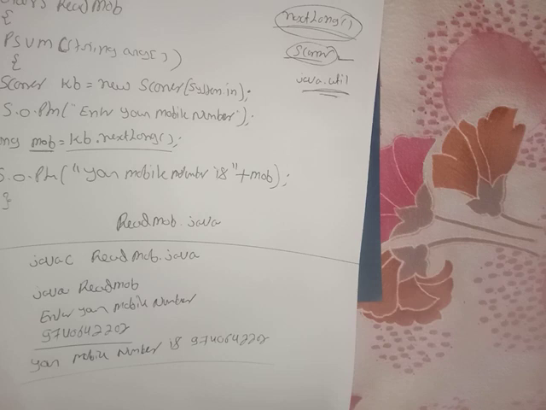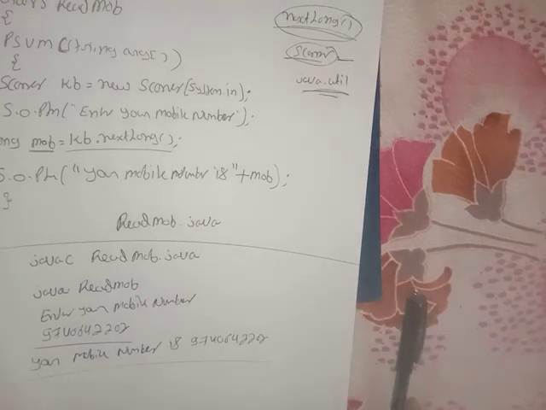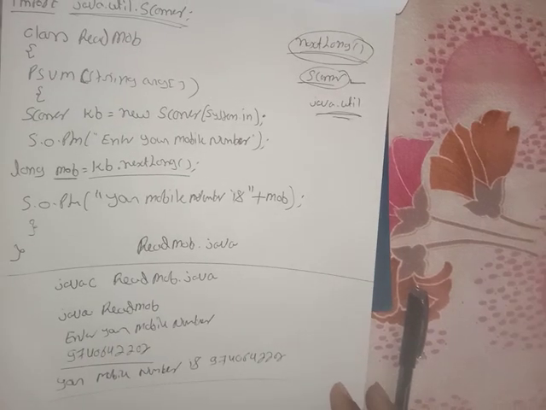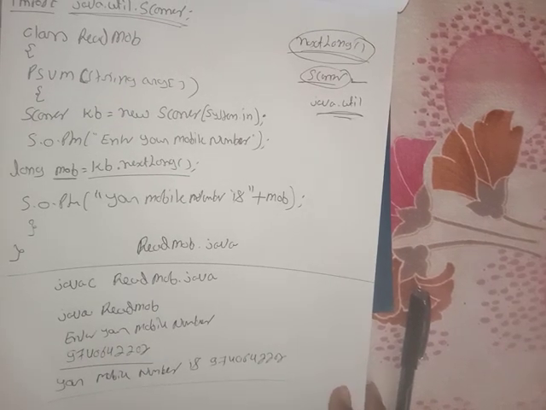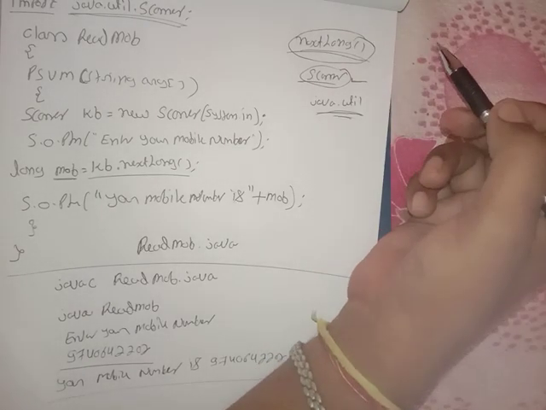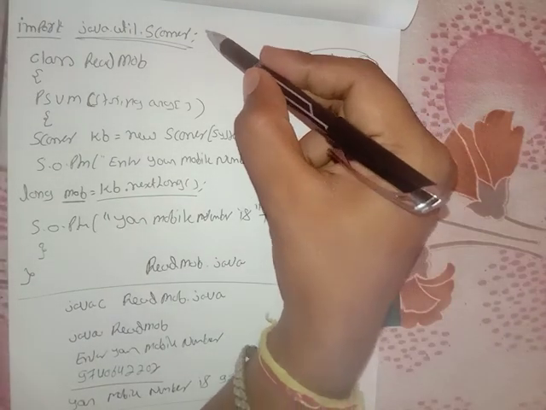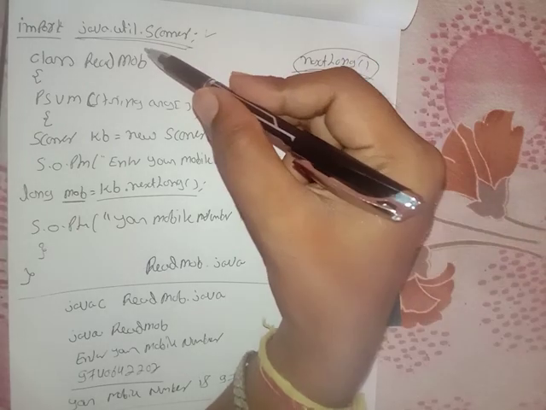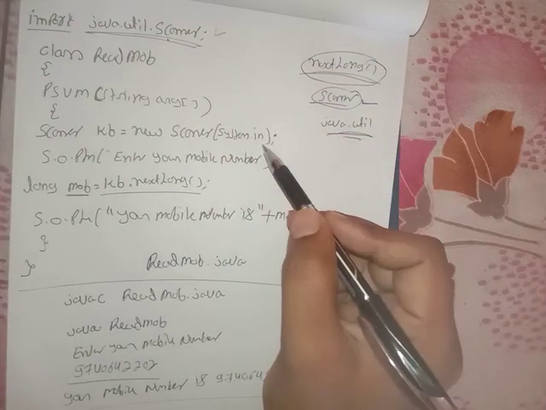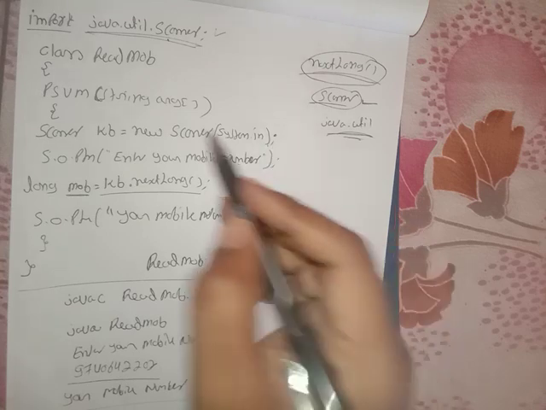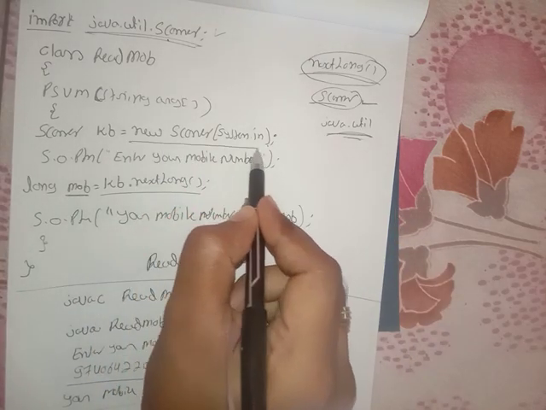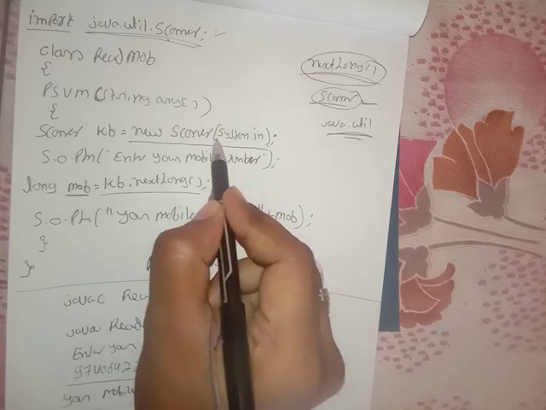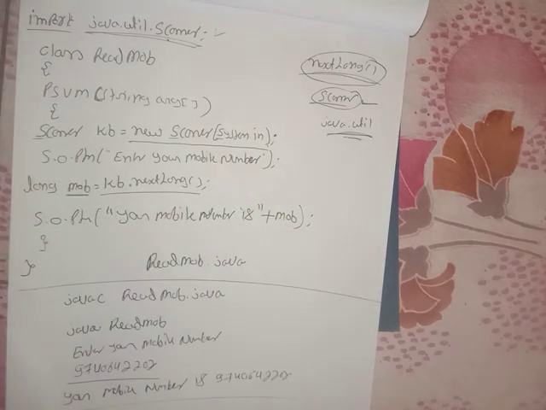Like this, anything you want to read from the user, you can use the BufferedReader also to read. In this class I am going to explain reading input from the user by using the Scanner class methods. First you have to import the Scanner class, then create an object of the Scanner class. How to create an object? new Scanner(System.in). Remember, a class name always starts with a capital letter. System is also a class, Scanner is also a class, System.in.